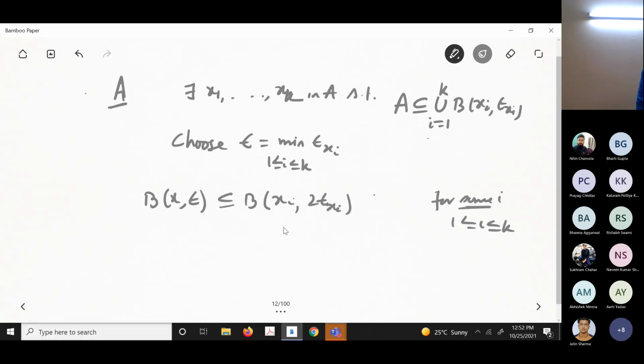This is U. Got it? So by the definition of the Lebesgue cover, it is satisfied. Hence epsilon is the minimum. Look, this is a Lebesgue number of that cover A. And if you read these two lines, you see that y is in B(xi, 2 epsilon xi). When I went for a cover, I took this because of the triangle inequality. That is what I am using here.